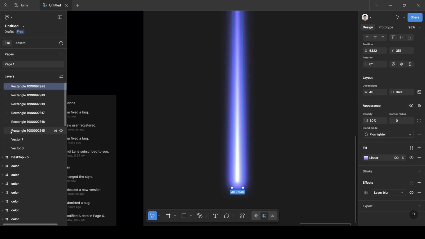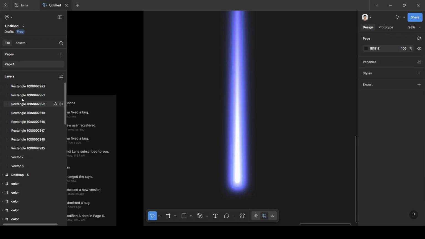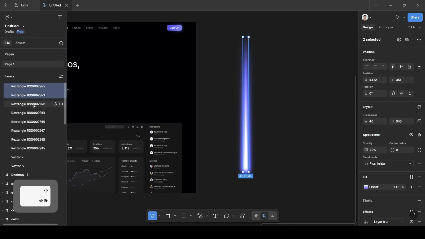Okay, so how many rectangles do I have? 1 2 3 4 5 6. We need 2 more by pressing Ctrl D. Okay, so our light beam is ready. So let's select all of these rectangles. Okay, I am holding the shift key while selecting all of them